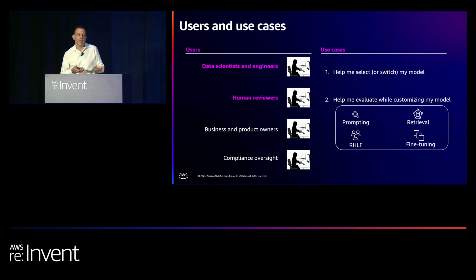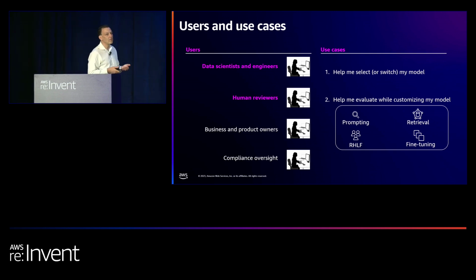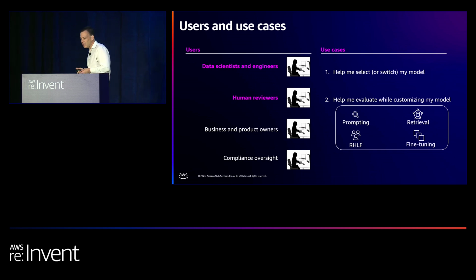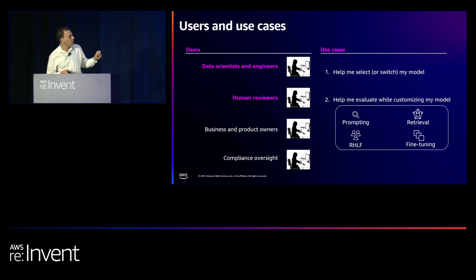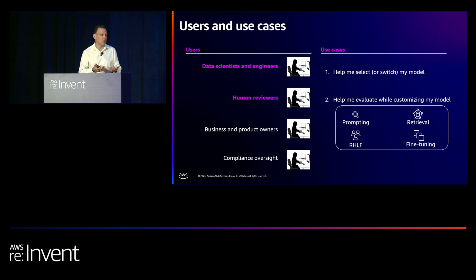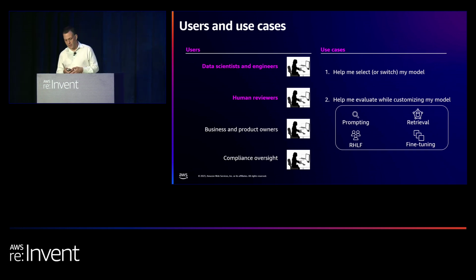And then the feedback that the human reviewers provide will obviously be consumed, as the ground truth, by the data scientists in order to optimize and improve. Secondary users that we thought of when we were building this capability are the business and product owners who will use our summary reports in order to make decisions around which version of a model to take to production. And then for your second level oversight function, we have a much more detailed report that's 40+ pages. It gives you lots of information that can be used for documentation for compliance purposes.